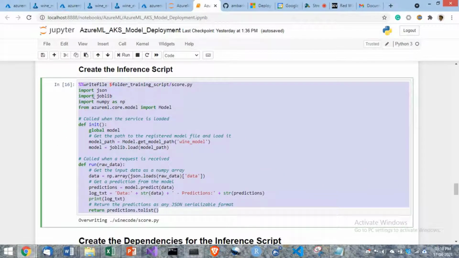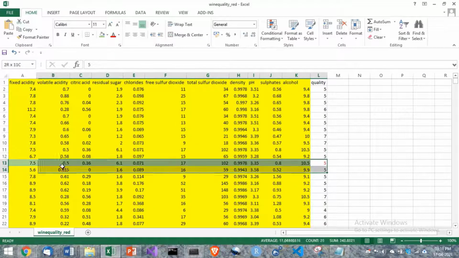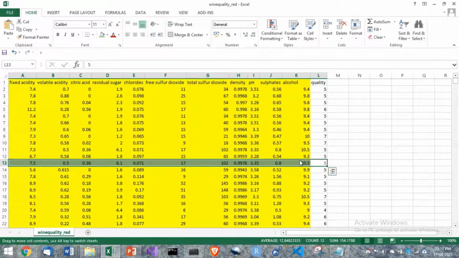The inference script is a place in which you take the data and predict something. Say for example, you are giving the data as these: fixed acidity, volatile acidity, citric acid, and you're going to predict the quality of the wine. For that, you write the inference script.